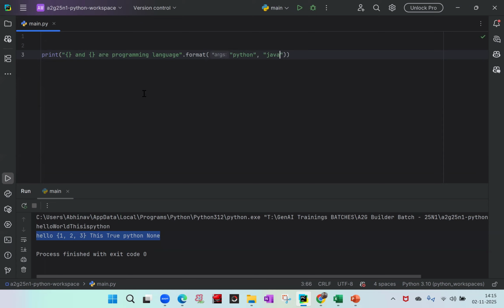okay. So what I'm doing here, I'm using a format function. And what I'm formatting? I'm formatting this particular string which I have given in print statement. And these are the placeholders. These curly braces, open curly braces and closing curly braces, denote a placeholder which can be dynamically replaced later on, whatever I'm providing as an argument in the format function. So